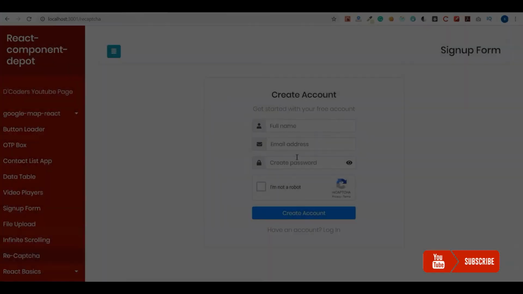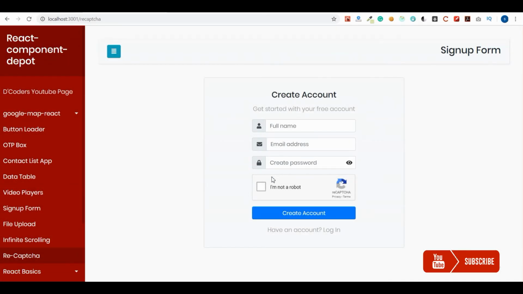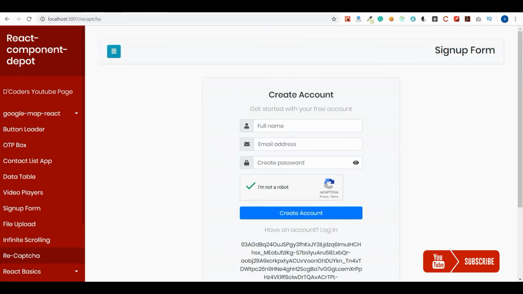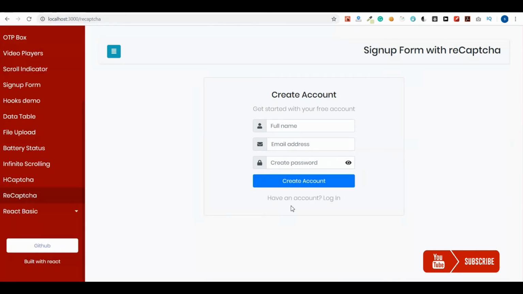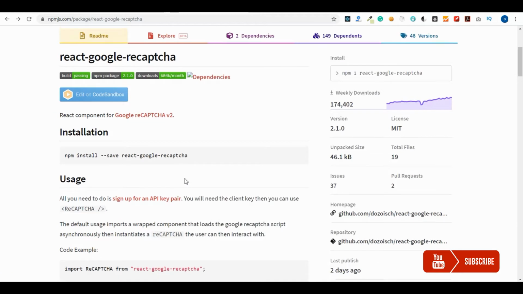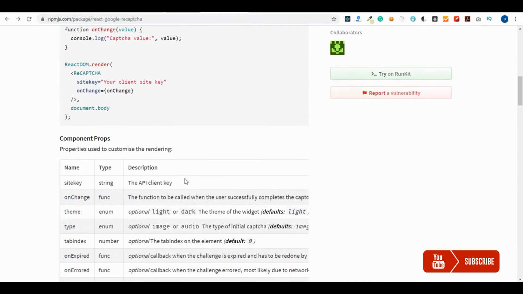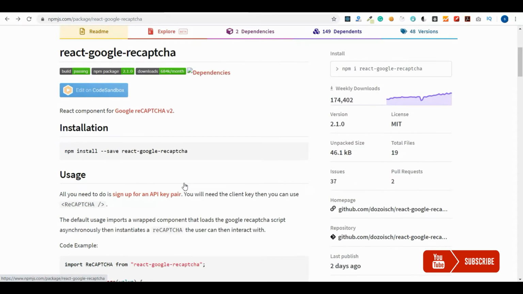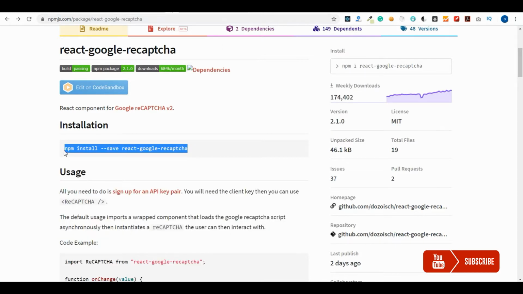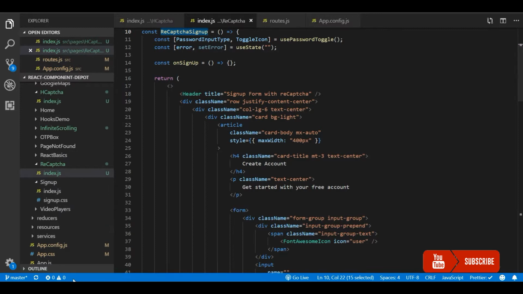Welcome guys, in this video I'm going to show how to integrate Google's reCAPTCHA into React. So whenever a user clicks to verify that he is not a robot, Google will send us a temporary token. We will send this token to our server and validate from the server side whether this token is valid or not. For this I'm going to use the React Google reCAPTCHA library in React and a normal Axios request in the backend to verify. So let me copy this and install this in my project.